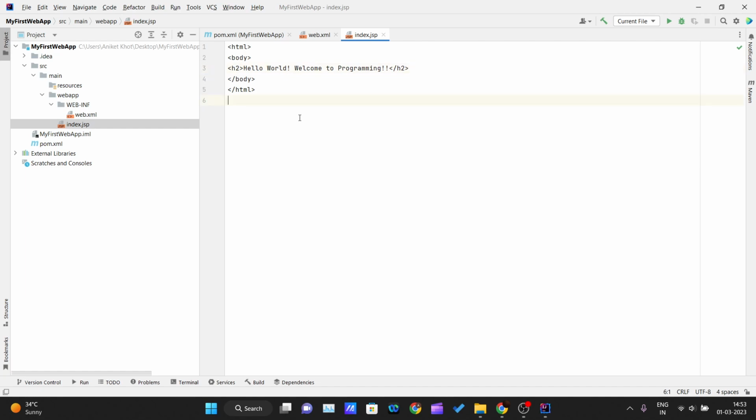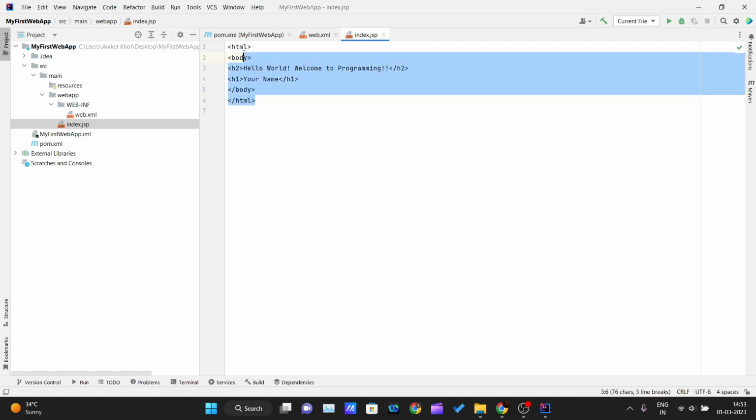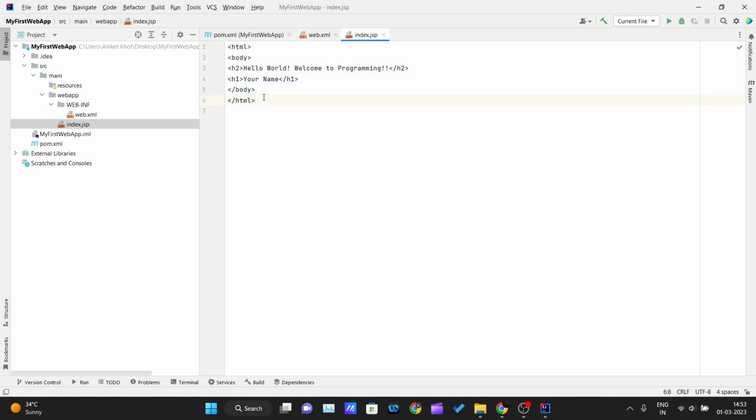Here's the thing that you can edit. It is HTML. You can add more tags, like the h1 tag is also there in HTML. I hope you remember. So, an h1 tag, and we'll write your name, whatever you want to write over here. And you can modify this index.jsp file, and this index.jsp file will get executed once we deploy this web app